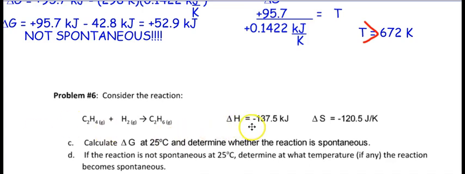Delta H is negative and delta S is negative, okay? Ooh, they're the same signs. What did I tell you earlier? If they're the same signs, then it is temperature dependent. So let's go ahead and figure out what delta G is and then determine at what temperature is your break-even